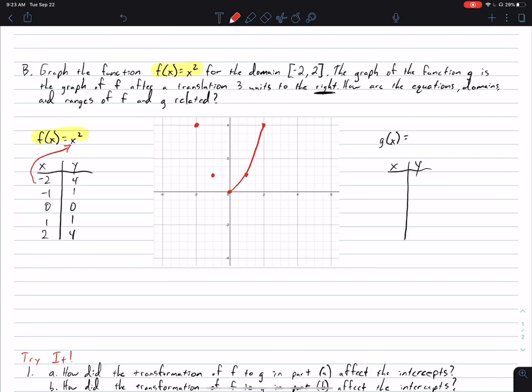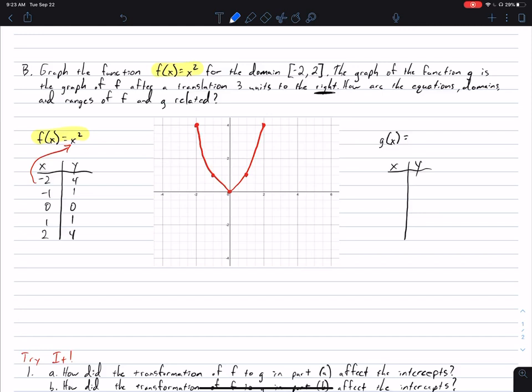Then I'm going to connect these dots and create kind of a sketch of a parabola. It's not going to be perfect. And my domain is limited to -2 to 2, so this graph is not going to continue. There's no arrows telling me that this parabola is going to keep continuing up and left and right. So it's just going to stop. It's going to terminate here. So I've got my graph here